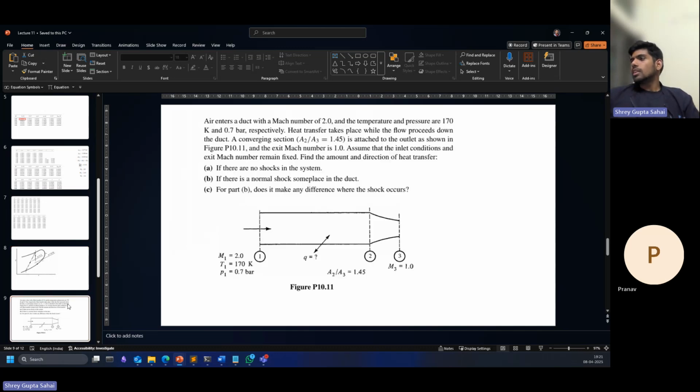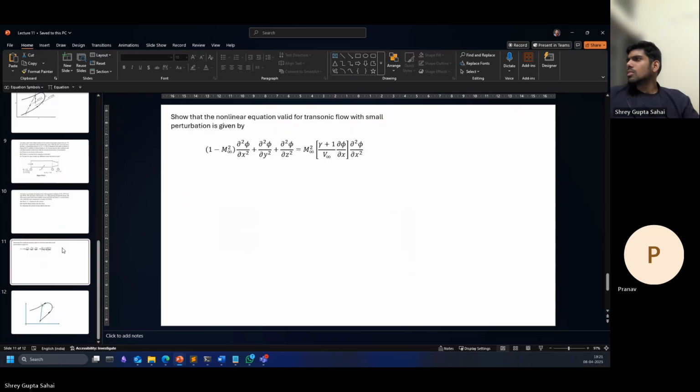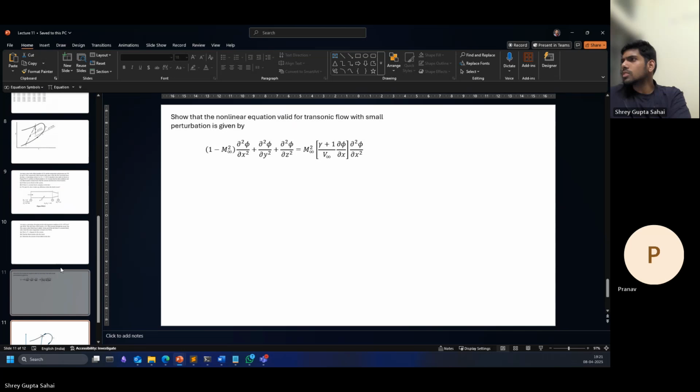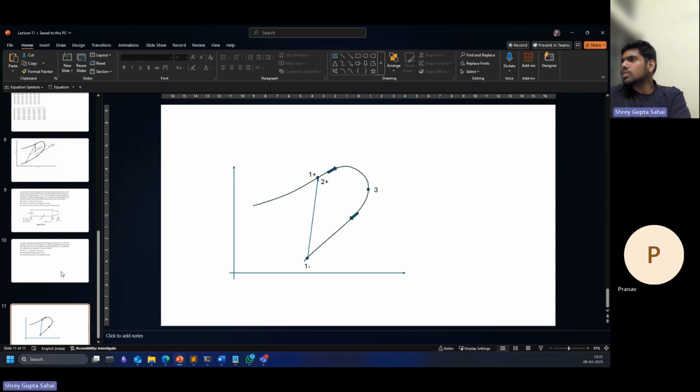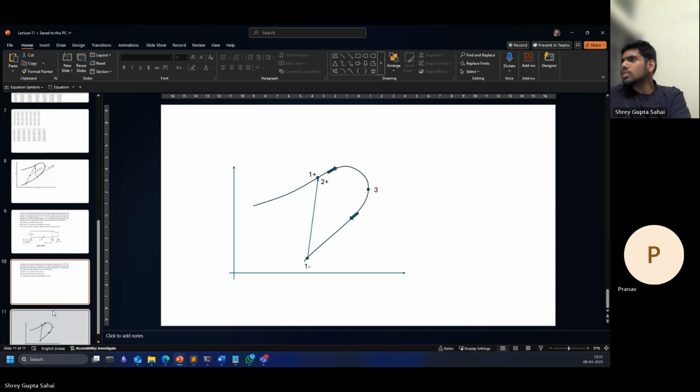Okay, fine. Let's look at, probably I'll start the small perturbation thing. Or should we look at this? No, not this one. Need to move. Okay, 170 Kelvin, heat transfer takes place in the